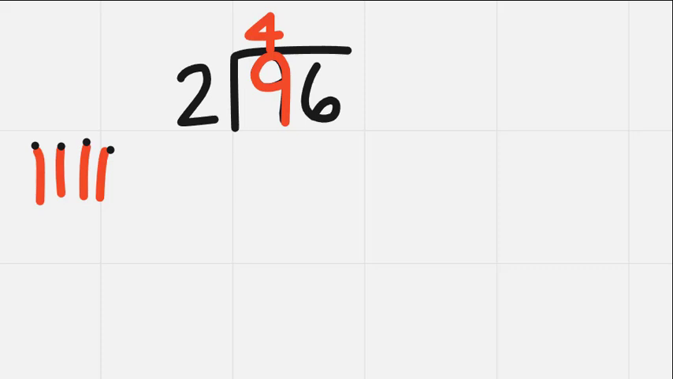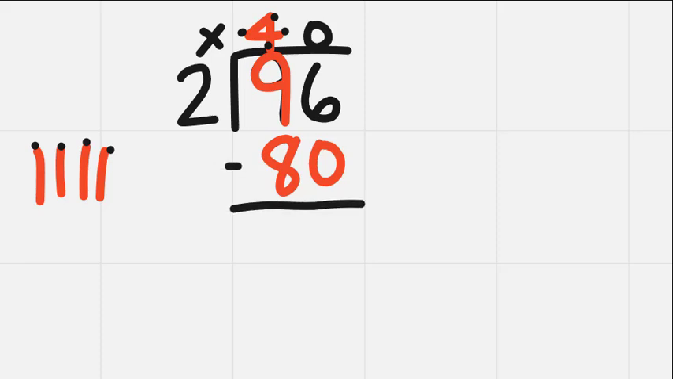But remember, we're going to put a 0 here as a placeholder, because that's not a 9, that's a 90 in 96. Now we'll multiply. 2 times 4, 2, 4, 6, 8 is 8, and then add the 0. So now we subtract. 6 minus 0 is 6, 9, 8, 7, 6, 5, 4, 3, 2, 1. Now we're going to be doing